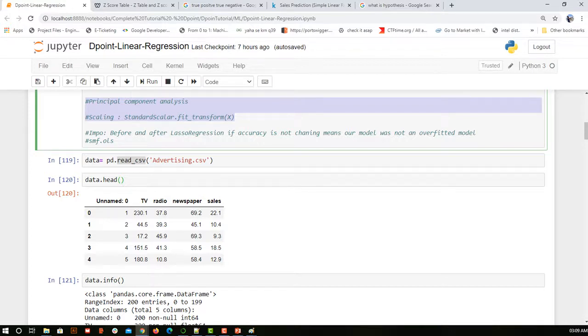The next algorithm that we are going to learn is logistic regression. With respect to the statistics concepts, linear regression and multilinear regression, if you have any queries, please write them in the comment section.